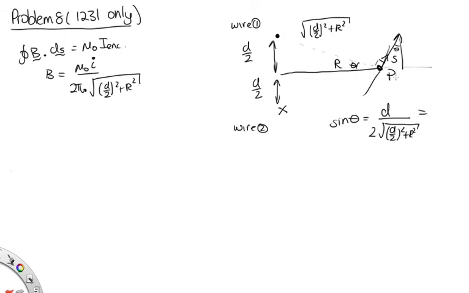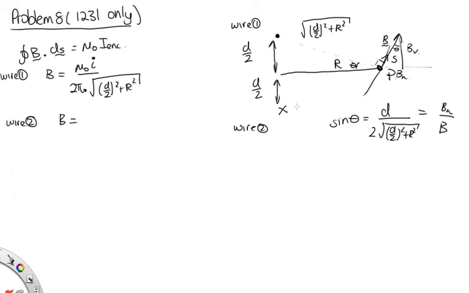And from this triangle, we can split our magnetic field B here into a vertical component and a horizontal component, and that's equal to the horizontal component over the total B. So we've worked out our B due to wire 1, and we've drawn the direction there. This is the direction. Now for wire 2,